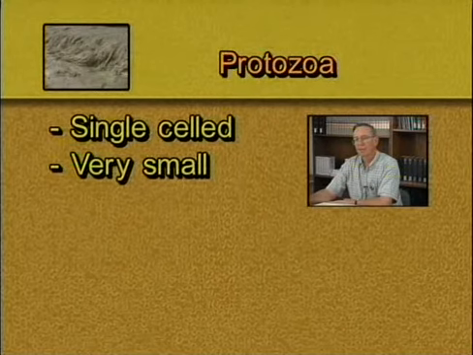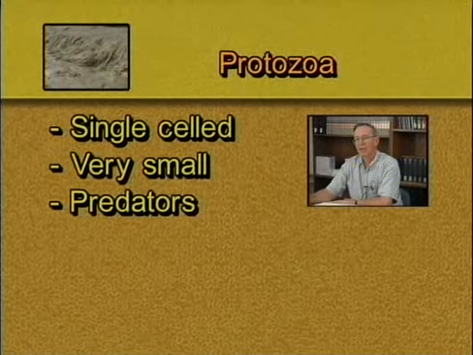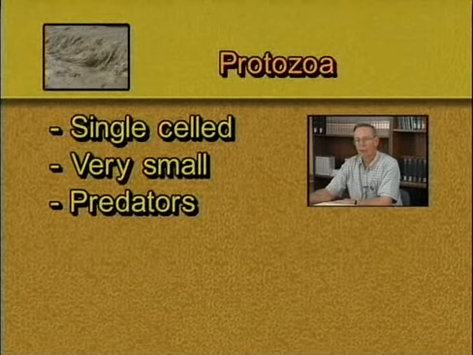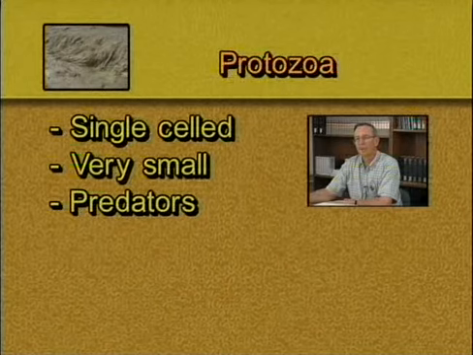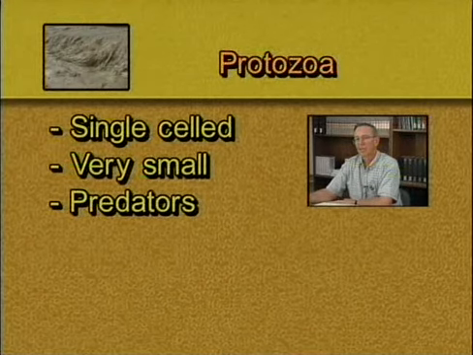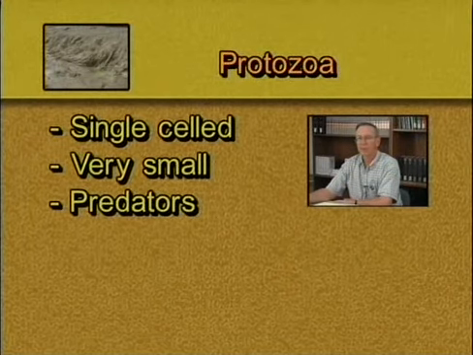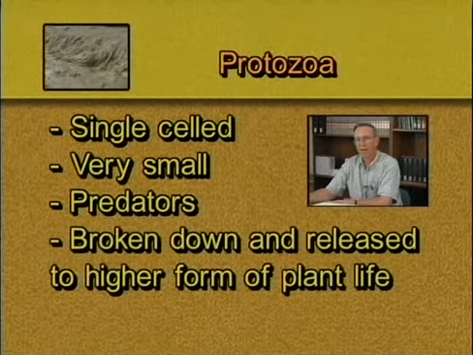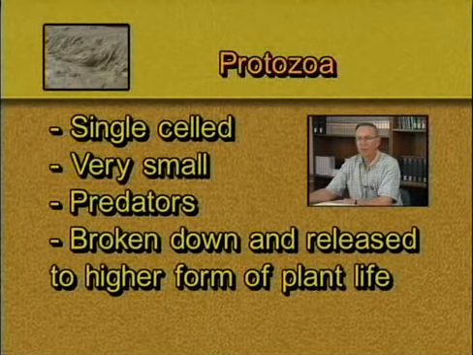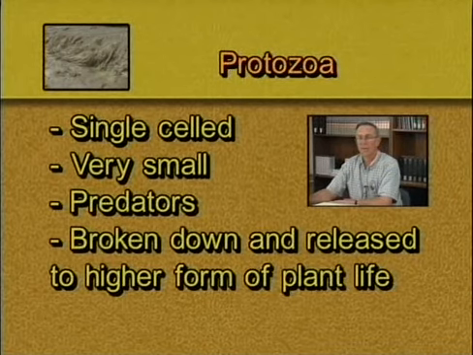These protozoa are primarily predators, meaning that they live on bacterial organisms, as an example. This makes them a part of this very complex yet comprehensive food chain which exists in the organic matter fraction of the soil. So as the protozoa live and exist, they feed on bacterial organisms. They themselves die and are broken down by bacterial organisms and others and release nutrients back into inorganic form, or a form that's usable by higher forms of plant life which are growing in or on that soil.